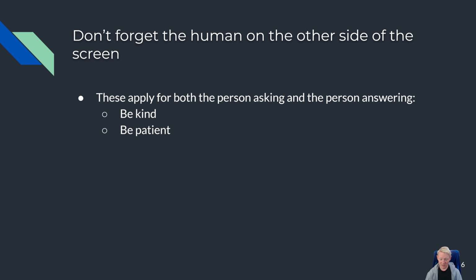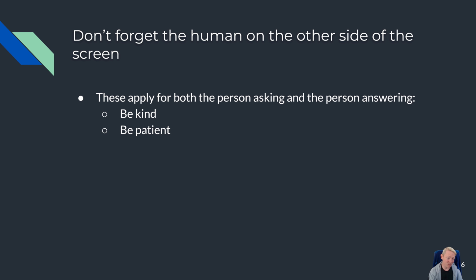And so the person answering needs to be kind and patient there, but the person asking also needs to be kind and patient. If you're there and asking questions, keep in mind that the person you're asking might have stuff that they need to do. They're not going to be able to answer you immediately, especially in a teaching situation. They might be getting bombarded with questions from everyone, and it takes time to get through all of those,